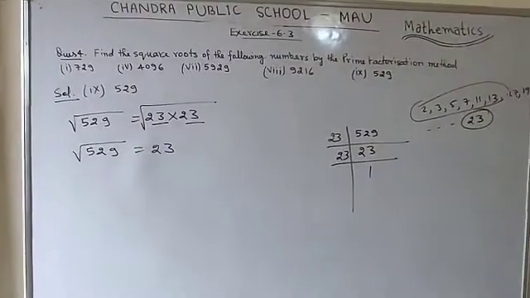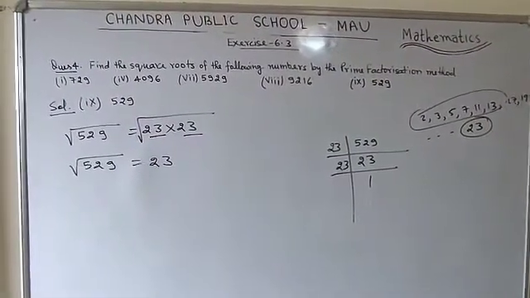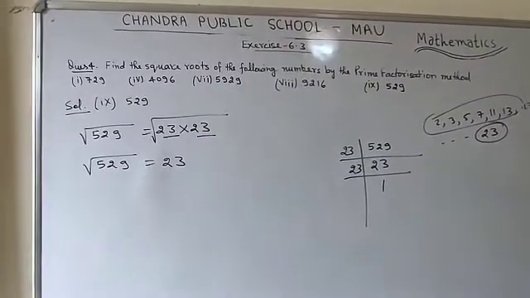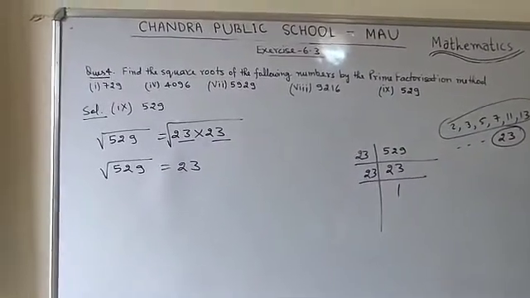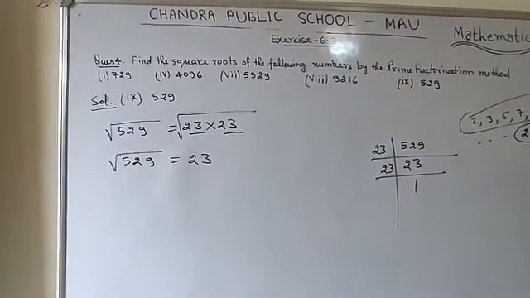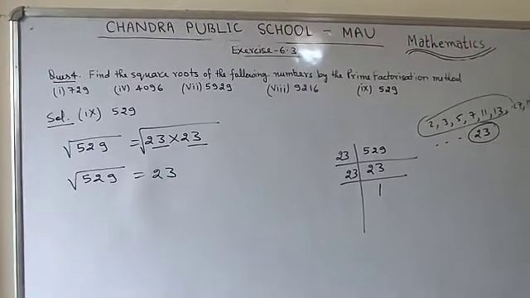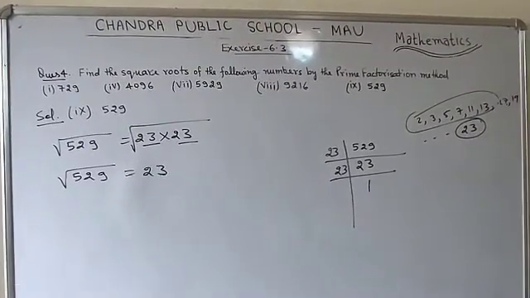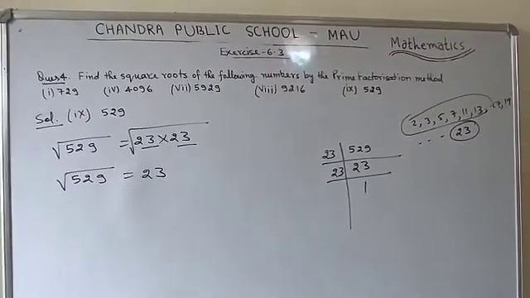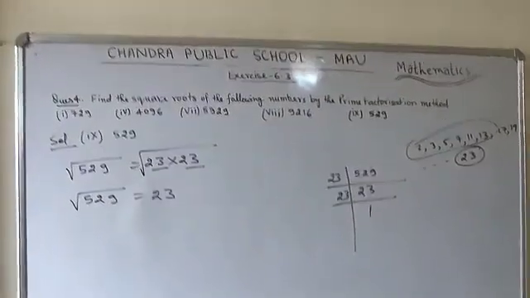So students, that is the way to find the square root of any number by the prime factorization method. 50% of the questions given in question number 4, I have given the solution, and the rest of the questions you need to solve by yourself. If you get any problem, then comment to me, and then I will explain that part. But all the parts are similar, so you can find it easily.